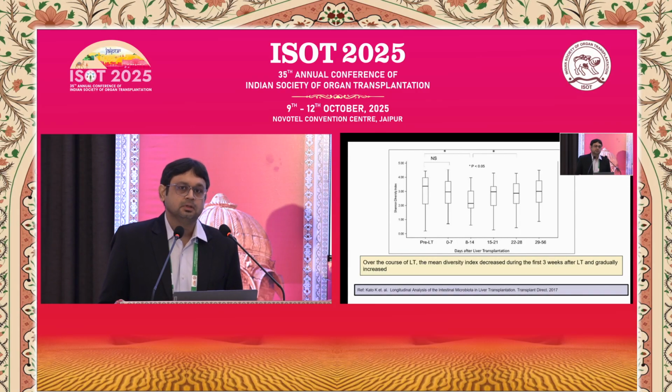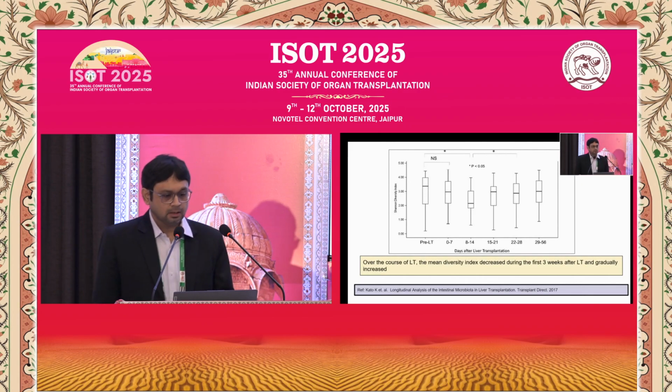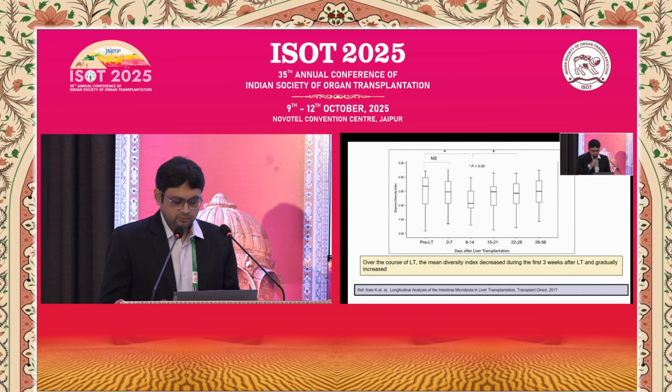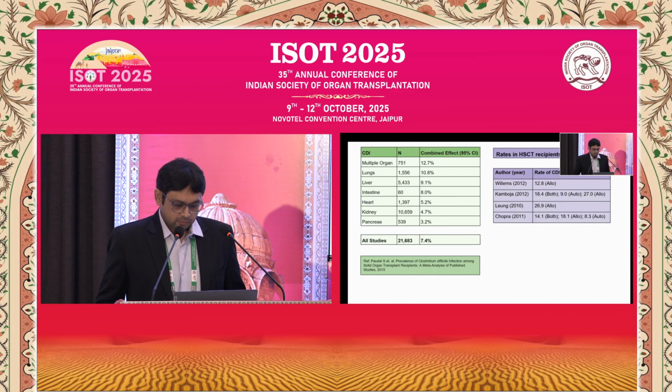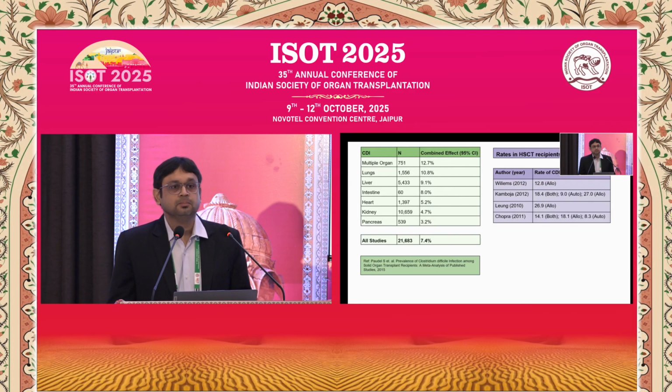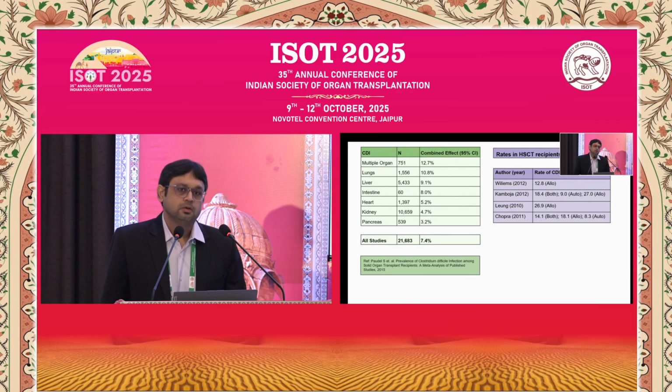So a lot of times in transplant patients, in the peri-transplant period, the domination will shift from good bacteria to pathogenic bacteria like E. coli, and that can be a problem. So this study shows that in the first 3 weeks, the microbiome again thinned out. So that's why, not surprisingly, the burden of C. diff in the world of solid organ transplants is fairly high.